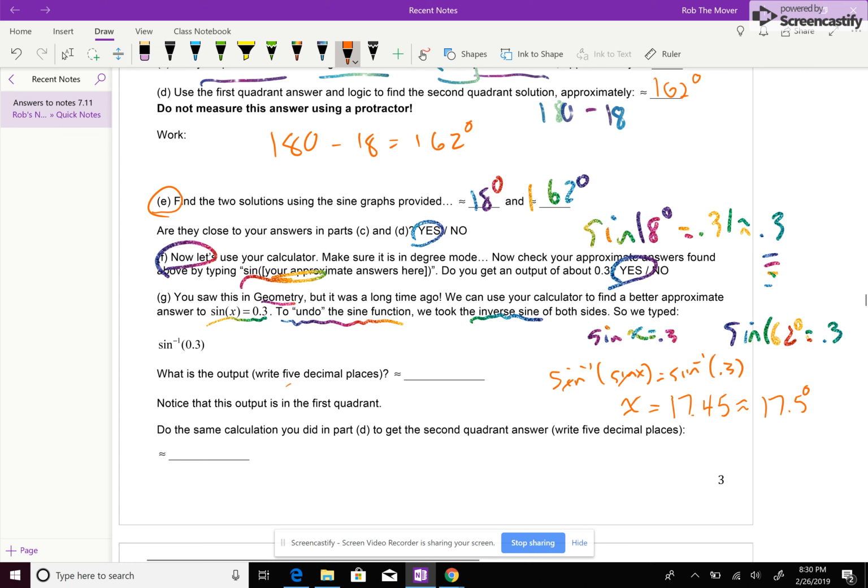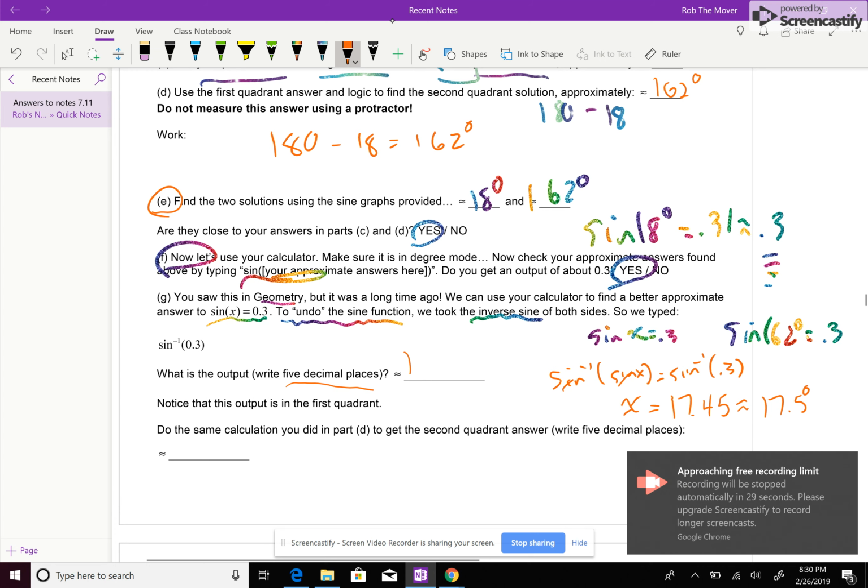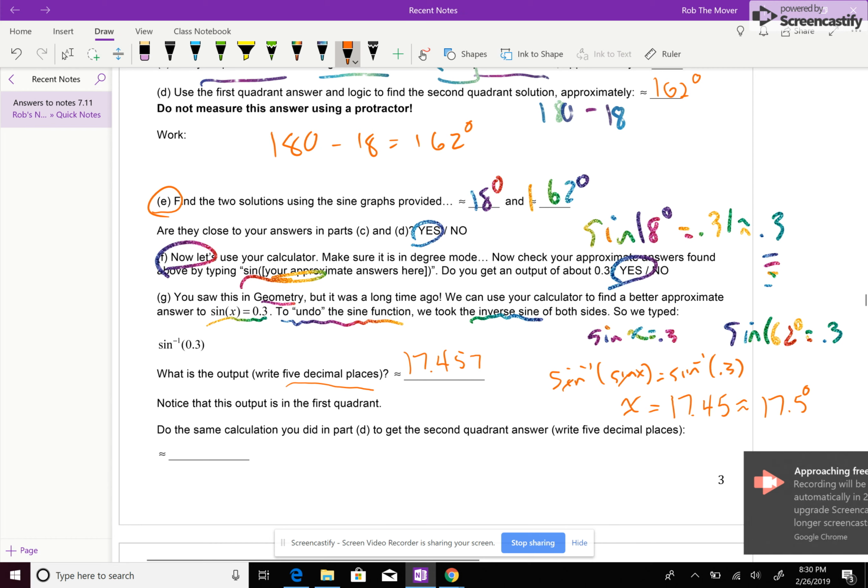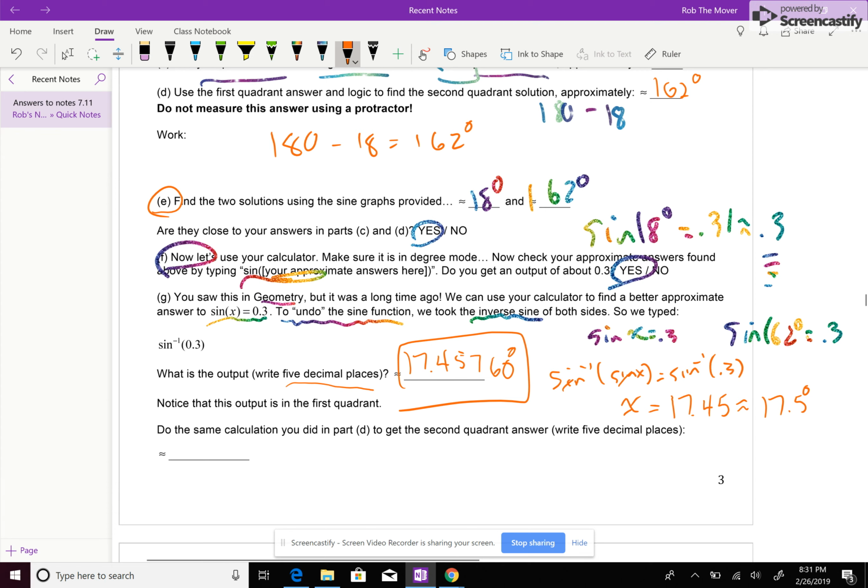If we round to 5 decimal places, it's 17.45760 degrees. Now notice our calculator only gives us the one angle. It only gives us one angle that is equal to 17.45 something. Now, we can do the same calculation